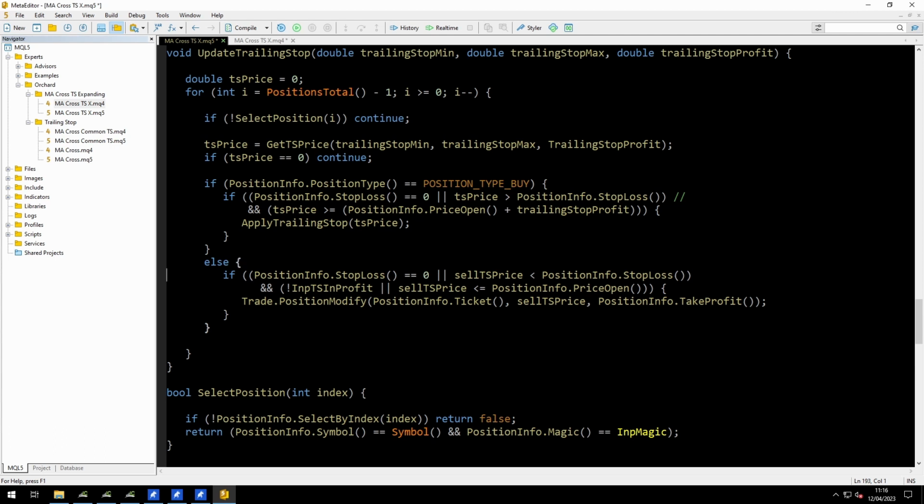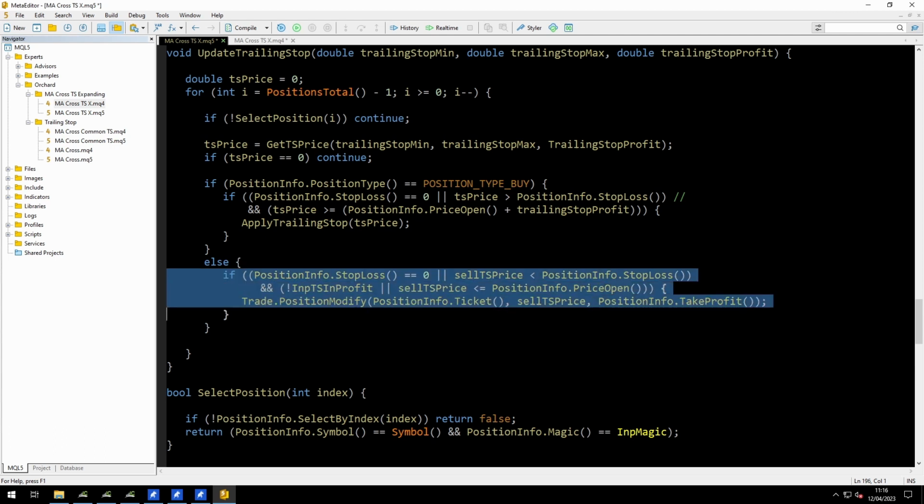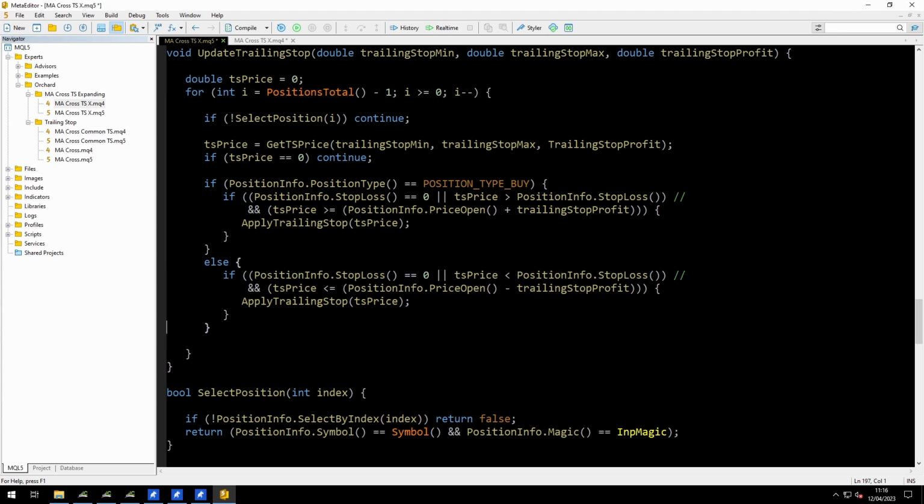If I make the same change on the sell, stop loss is equal to 0 currently, trailing stop price in this case is less than the current stop loss, and trailing stop price is less than or equal to the open price minus the trailing stop profit. Then I can call apply trailing stop for that trailing stop price. So there are two functions that I have to show you, the get trailing stop price and the apply trailing stop. But I'm just going to jump into MetaTrader 4 first and make these same changes in the update trailing